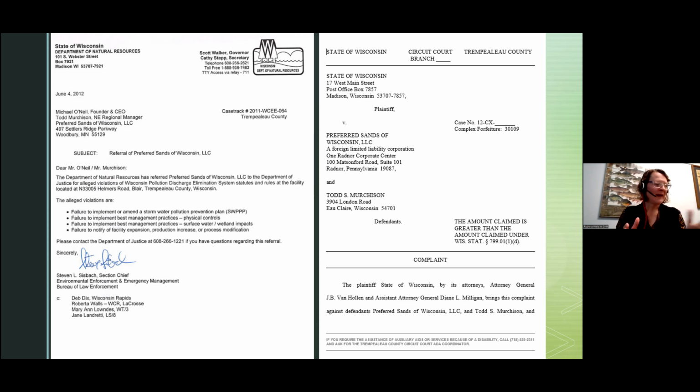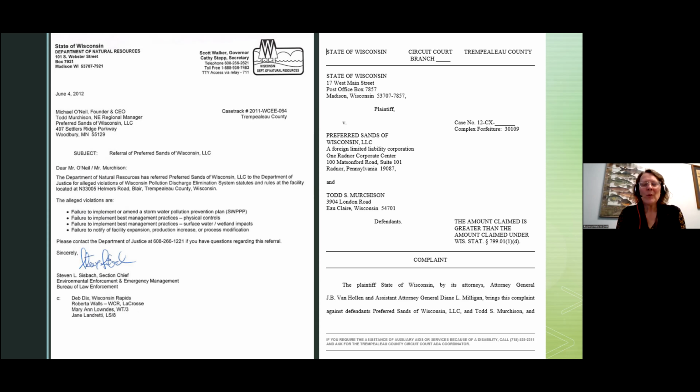I apologize, I meant to go look for a final resolution picture to show you that they actually did get this site cleaned up, but I ran out of time to put that in. But ultimately, they ended up with an injunction and settled out of court to the tune of a $200,000 fine, and orders to fix all of their problems and to prevent them from occurring again.